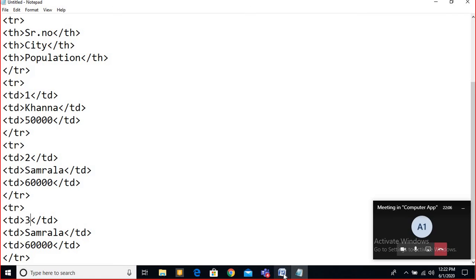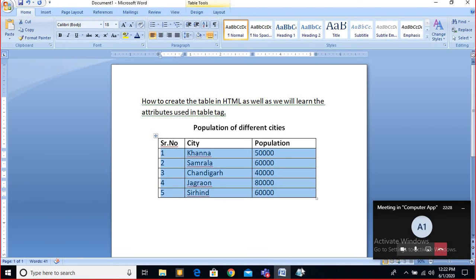Then our data is Chandigarh. Say here I have filled 40,000. Same process I have already copied, so Control V. Then you have the fourth one. That is Jagraon 80,000.